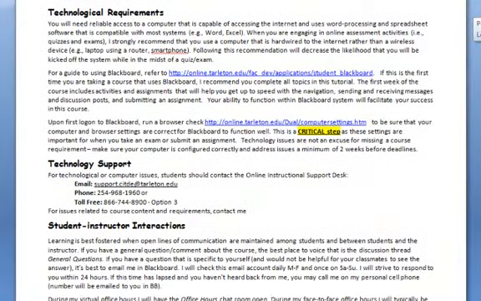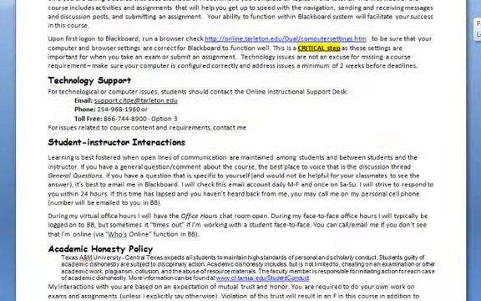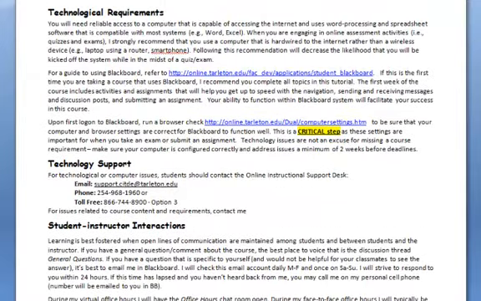Okay, you can read through all the tech requirements. Blackboard is a little buggy and has some weird things. So if you haven't used it before, spend some time playing around with it and make sure the computer you're going to be using primarily is set up to interface with Blackboard appropriately. I know for me when I use Firefox, some of the things don't run. The videos don't play for me on Firefox. I have to open up Internet Explorer for that.